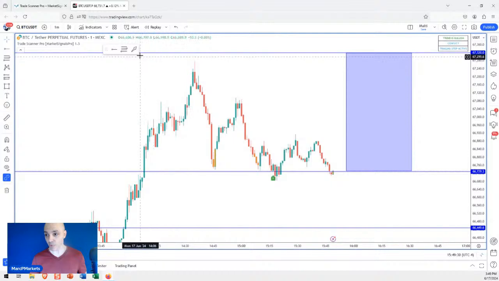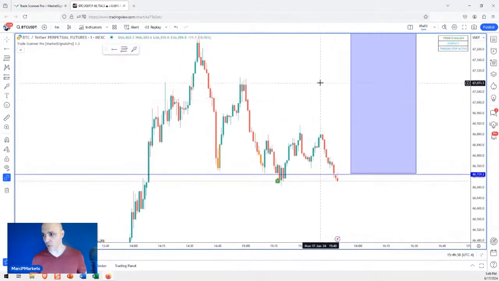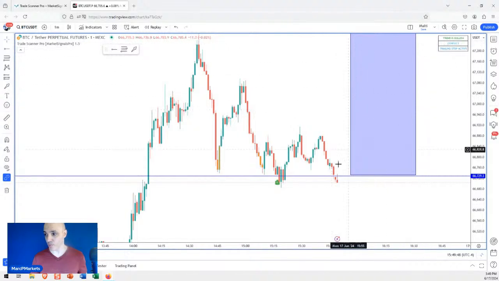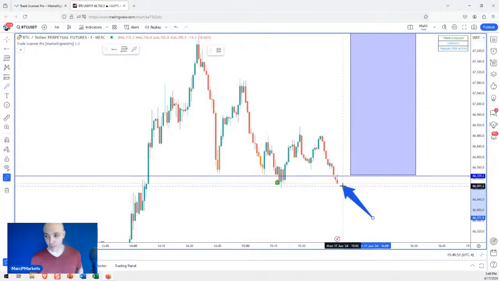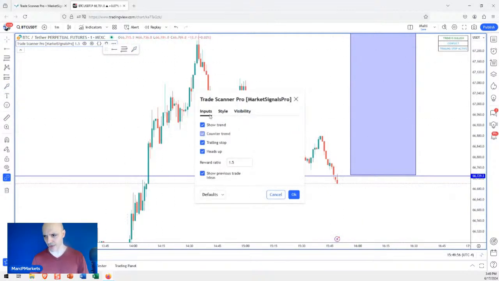Okay. So, wow, it would have been nice if I shorted this. And now we're sitting at this minor support, and the minor support is likely to break. So what do I do? Trend is bullish. How do I get short? Well, first of all, I'd have to wait for some sort of reversal, right? The trend is bullish. That means right now, if I'm going to get a signal, the bullish signal should appear here. If I change this to counter trend mode,